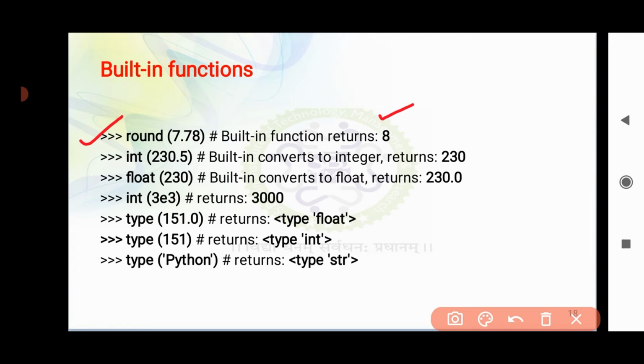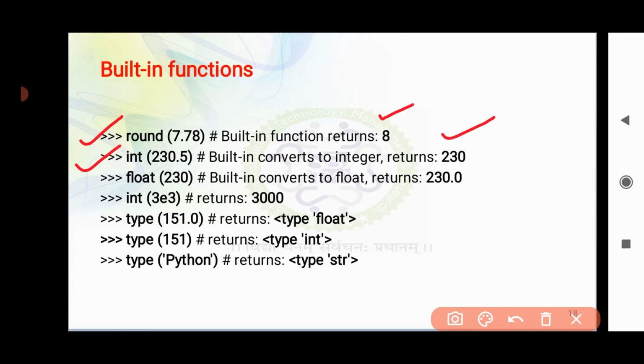Now next we have the int function. In int, the value provided is 230.5, which is a float value. What will this int function do? It will convert this float value into a basic integer value, and hence the result is 230.